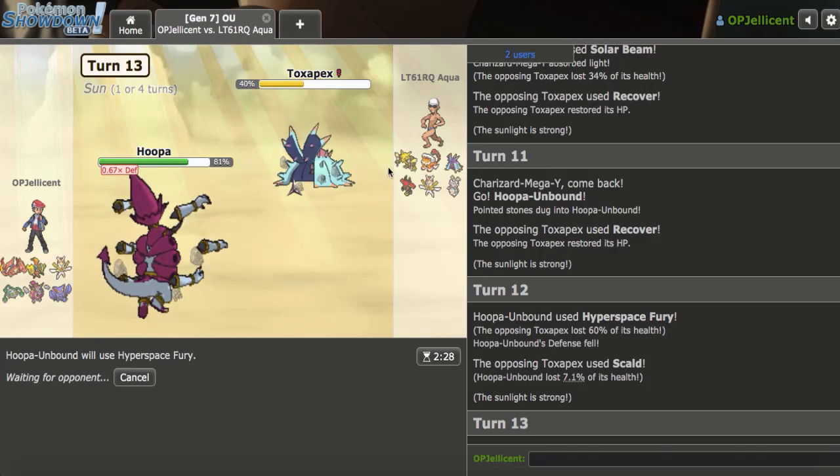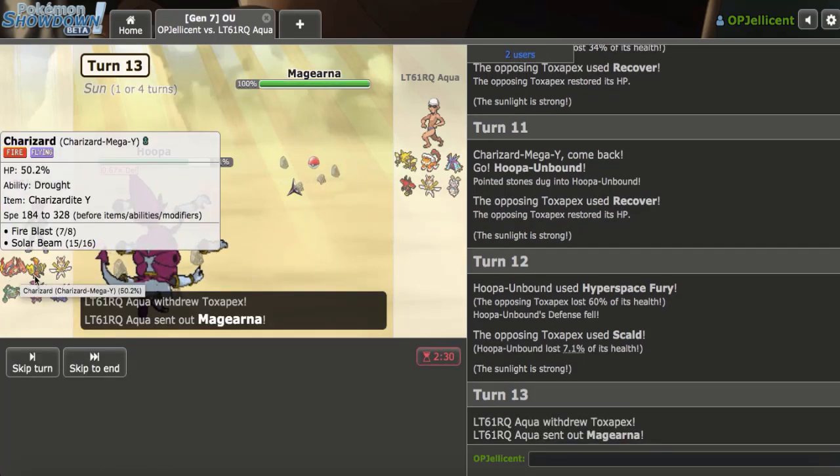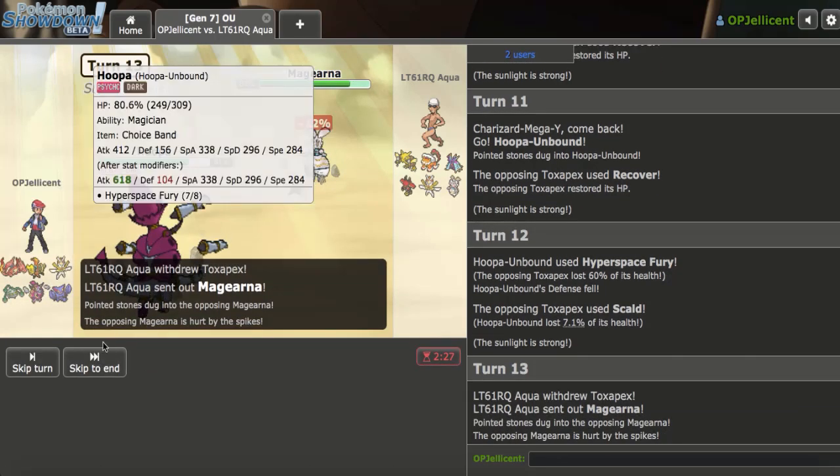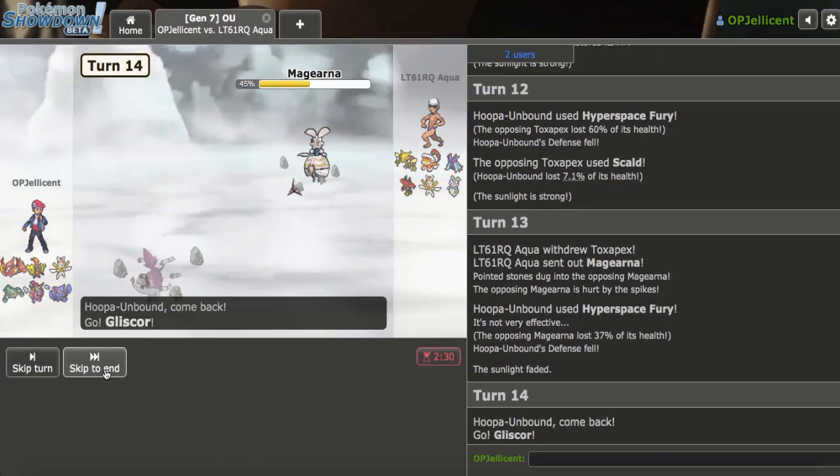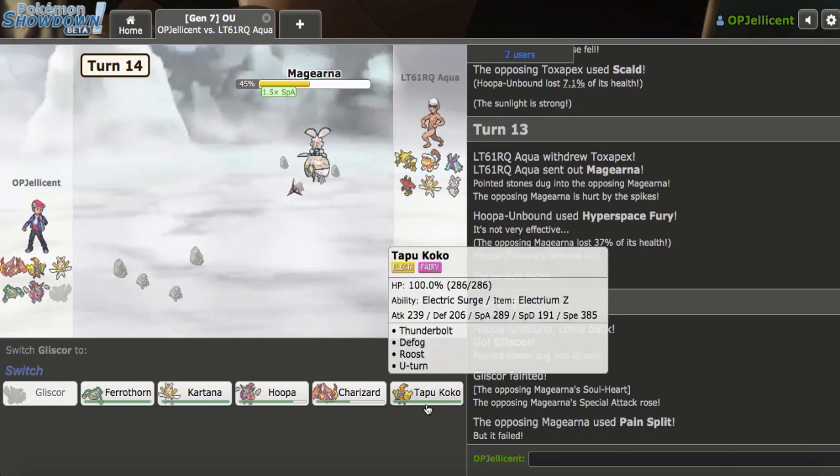This Hoopa Unbound is going to devour their team, but what I need to make sure happens is my Charizard doesn't take too much more damage. This will get 2-hit KO'd. I was wrong. So I'll sack off my Gliscor here to get in my...